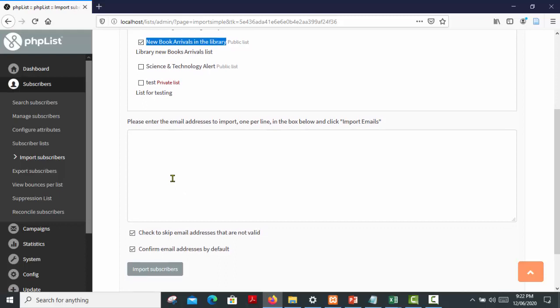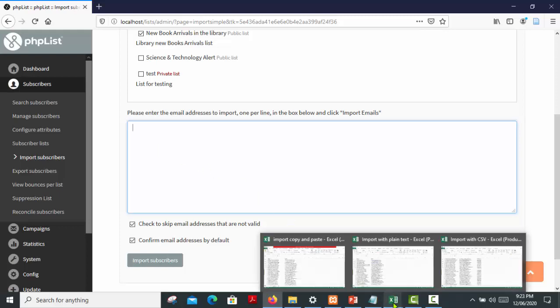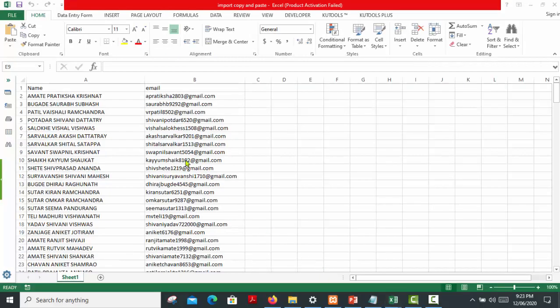I'm scrolling below. Here in this text box we have to copy and paste the email addresses to import. Here also one per line. We have to take care to paste the email addresses one per line and just click import subscribers. This is similar to the previous process. Just we are going to our file and I have email addresses here. This is my Excel file and I am here putting my email addresses of users, and now I am going to copy these